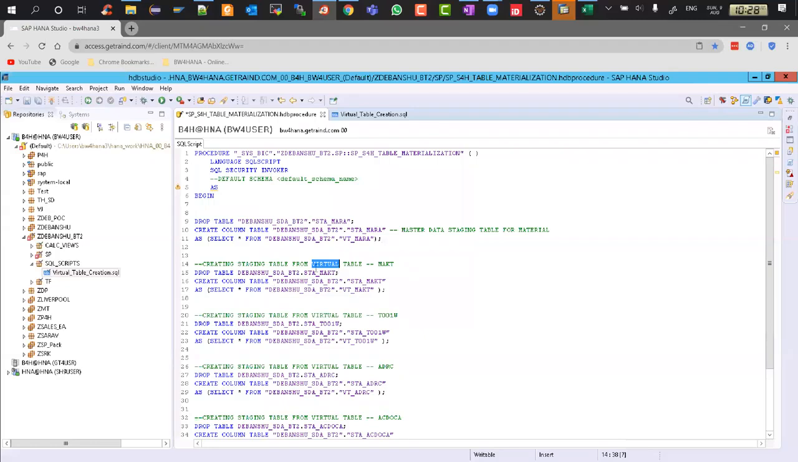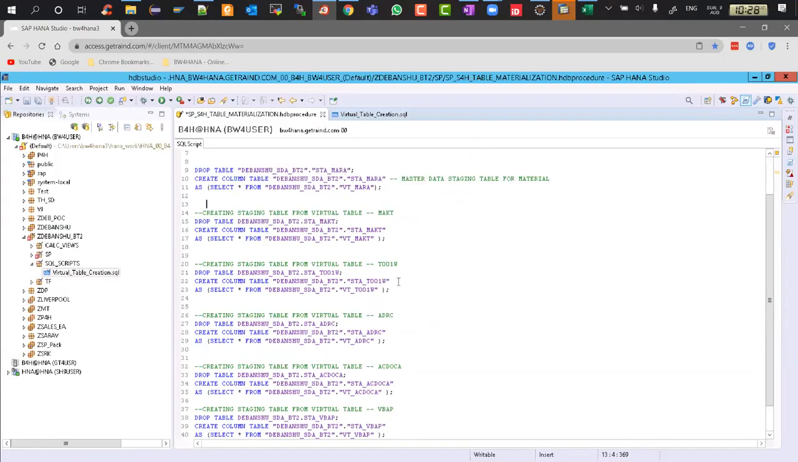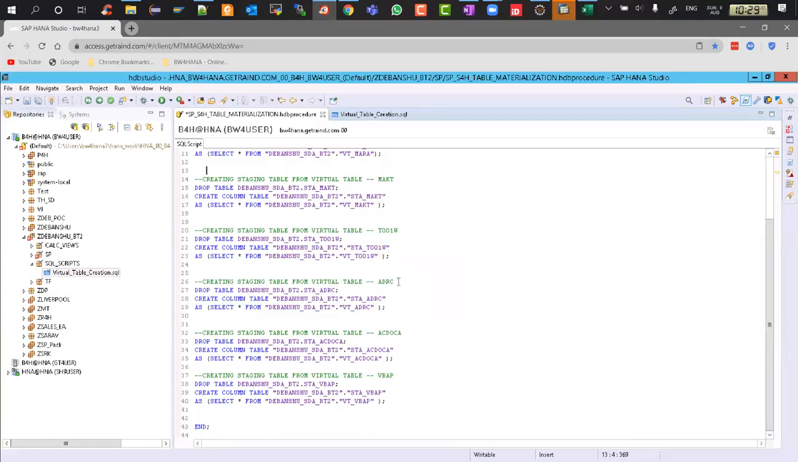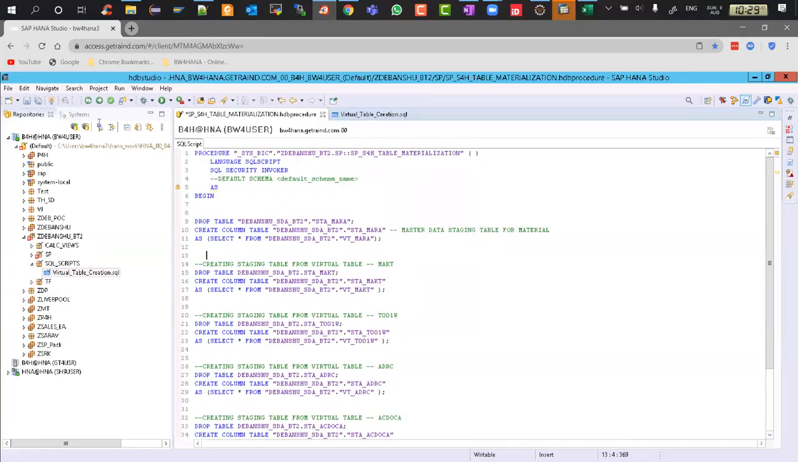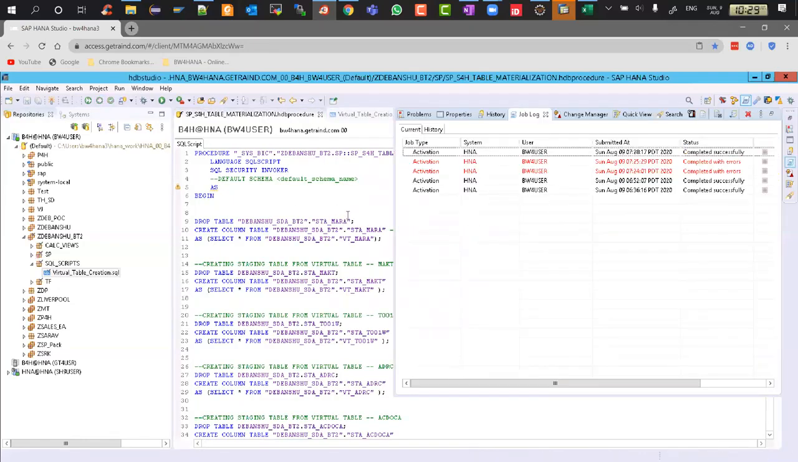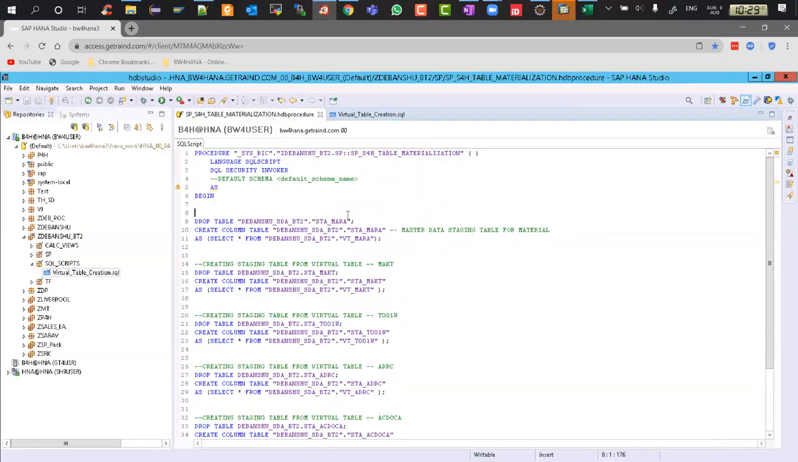Okay, this is fine. We are just creating the staging table from the virtual staging. Let me do a quick eyeballing. Staging, yes, correct. Okay, so now let's activate. Completed successfully. So create, drop, select, insert, update is all allowed as long as you get rid of reads SQL